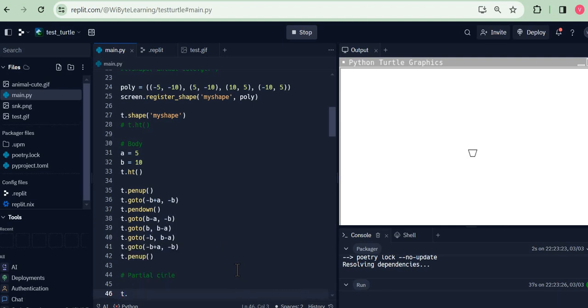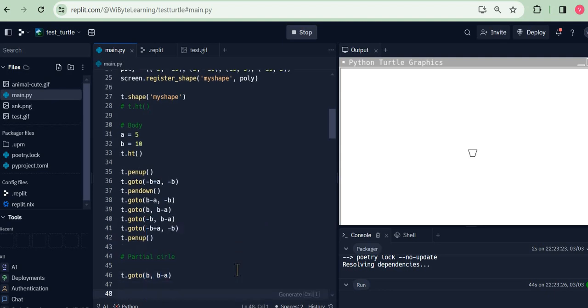It turns out I need to go to t dot goto, for example, b, b minus a, and I define a new variable, r, which is essentially a squared plus b squared, so a to the power of 2 plus b to the power of 2, divided by 2 times a. And finally, I have this angle here, theta, that is given by